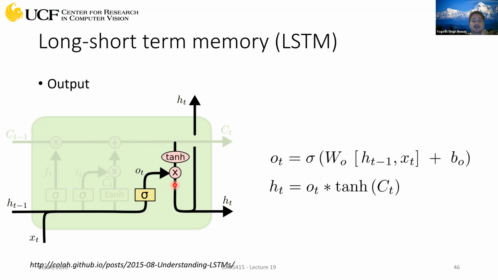And you're deciding, based on your current input, what should be the output at this particular time step. Again, the same operation: you perform a sigmoid on the concatenation of these two. It will make it 0 or 1. It's selecting which features from the cell state should be sent as output at this particular time step and which should be omitted. And that's the operation being performed here. Okay, so again, these are simple equations.